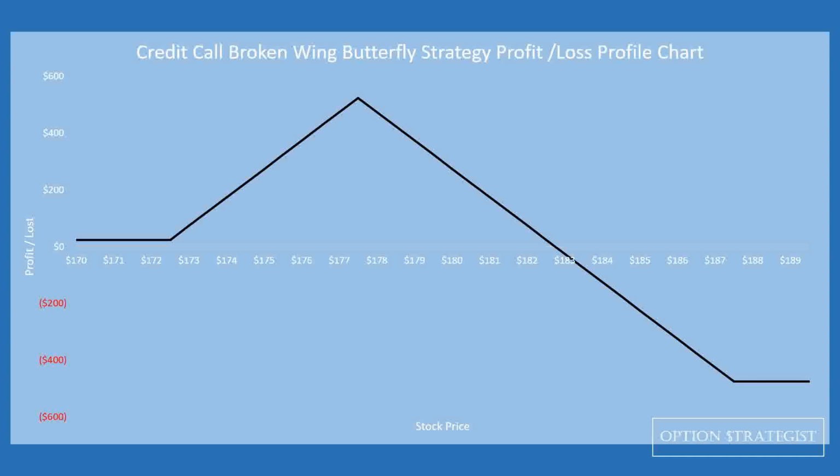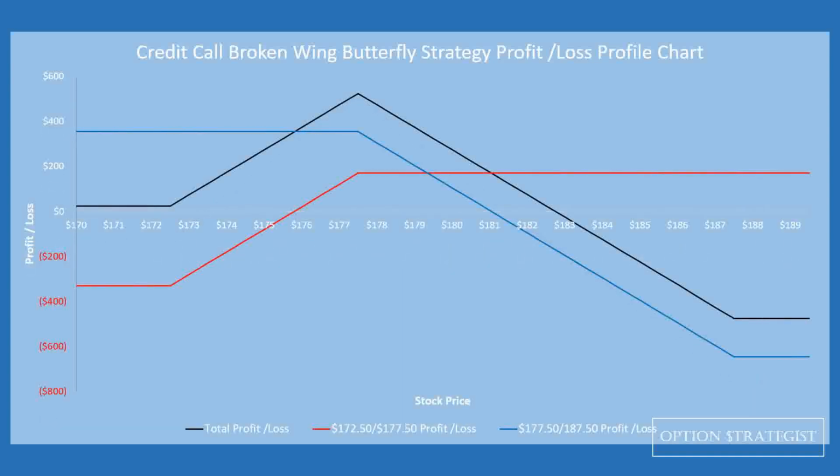Let's look at how we get this number. This is the profit and loss chart breaking down the profit and loss of the two call spread that making up the call broken wing butterfly trade. The 172.50 / 177.50 debit call spread costs $330 and the maximum profit is $170, which is the width of the spread, which is $5 or 500 minus 330. The call spread break even at